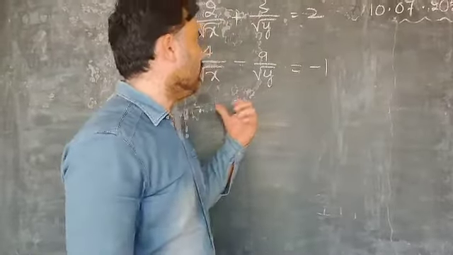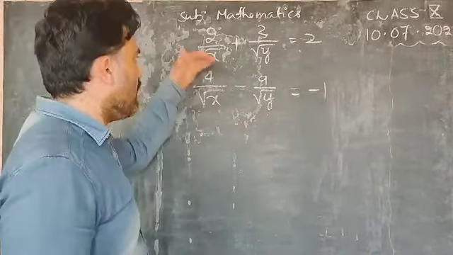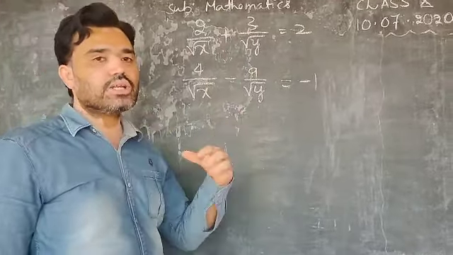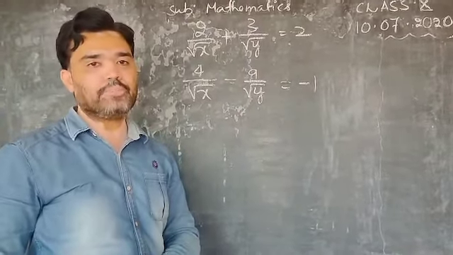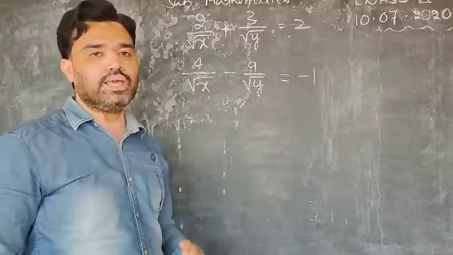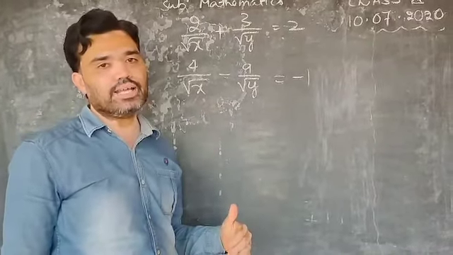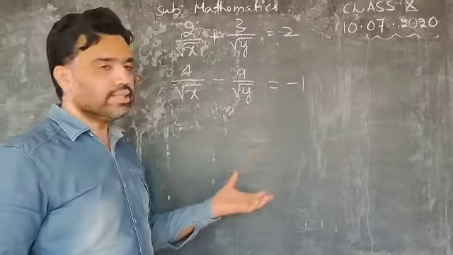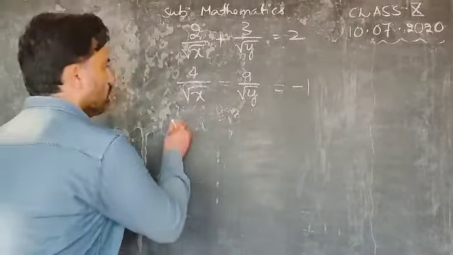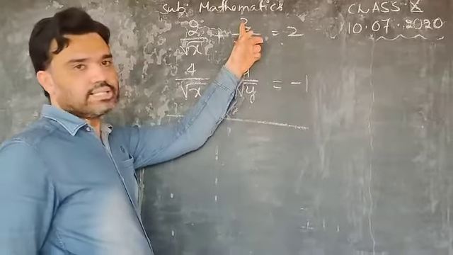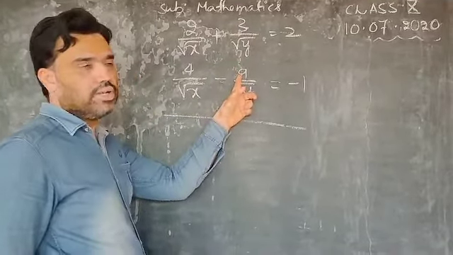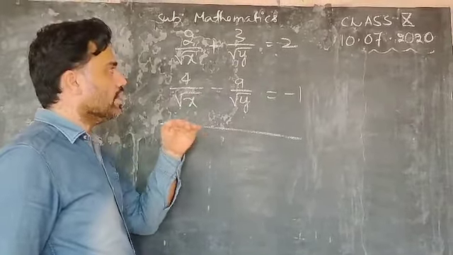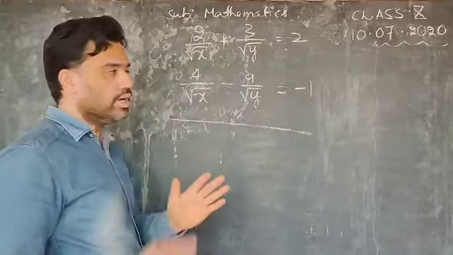Okay, now let us look at the next problem. See, our common is 1 by root x, 1 by root y. Children, you assume 1 by root x as a, 1 by root y as b, and convert into simple linear equations, and again you have to solve. But without doing that, let us solve this. So now first equation you see plus 3 is there, but second equation minus 9. In both of them, denominator is root y. So need not to worry about that.